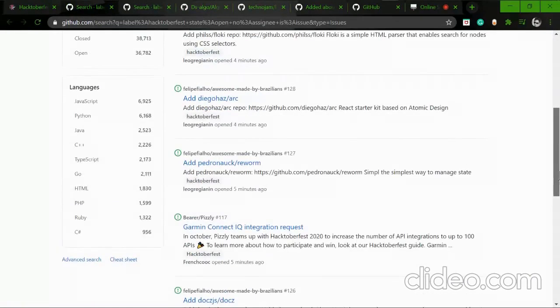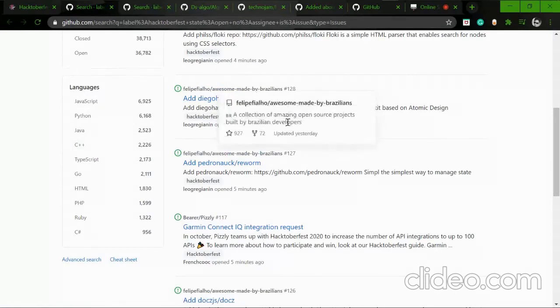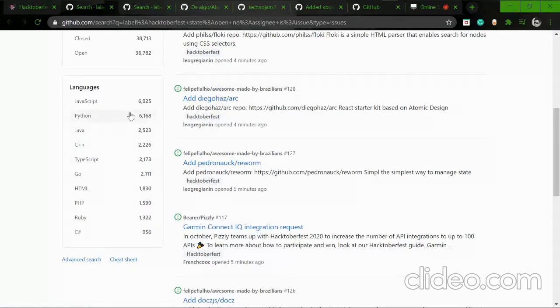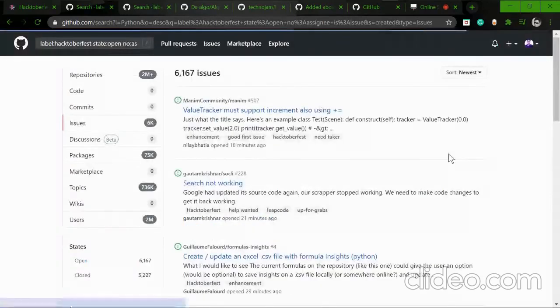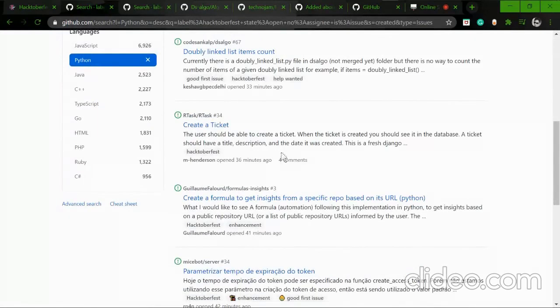If you like C++, then just click on C++, and it will give you all the C++ issues. If you want to participate in Python, then just click on Python, and it will give you all the Python repos, and you can participate in that.